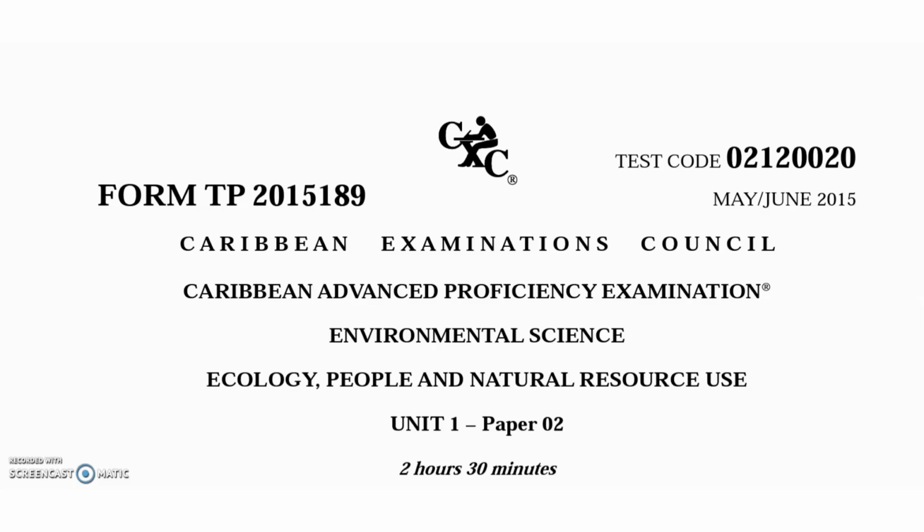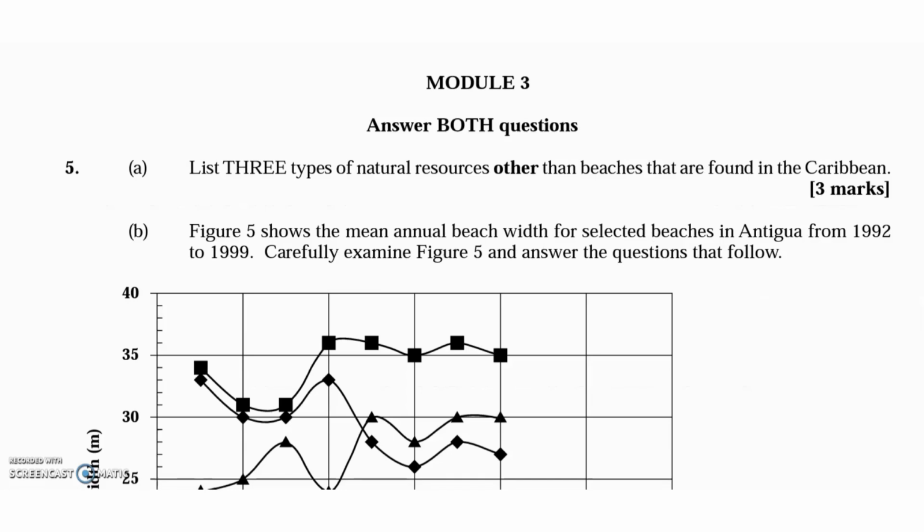All right, so I'll go through this little small video for the 2015 paper. We are in fact on Unit 1, 2015 paper. We'll specifically be looking at Module 3, Natural Resources. Now, question 5A, we have to list 3 types of natural resources other than beaches that can be found in the